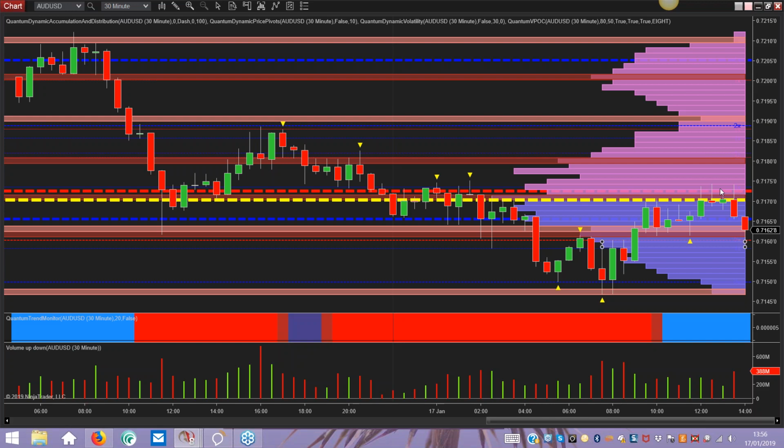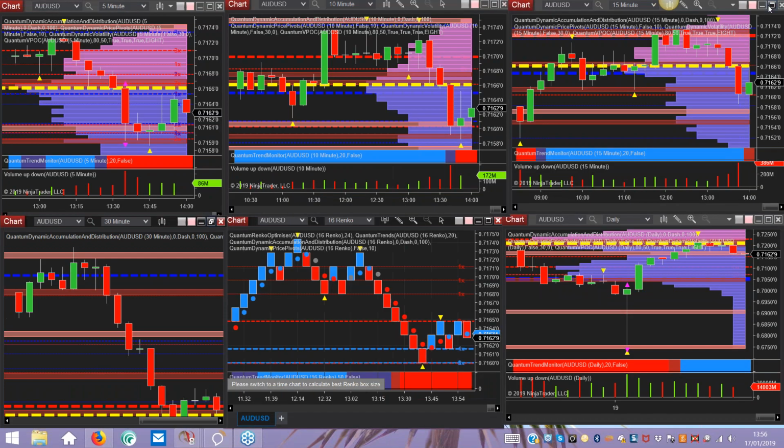And until we break away from this region, and bear in mind, this is 5 pips, this is 10 pips. This is not a huge range. This is only maybe 20, 30 pips in this range. So it's a question of being patient, waiting for the market to develop sentiment, and then isolating it out either